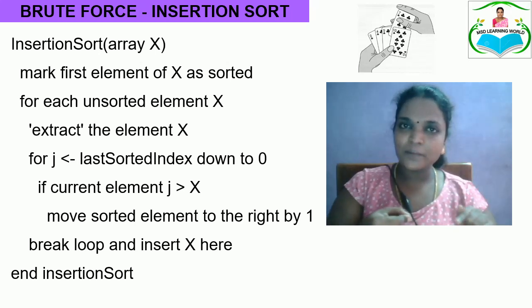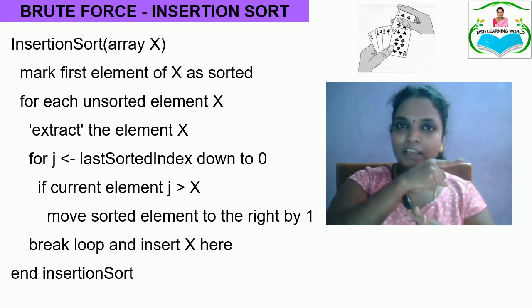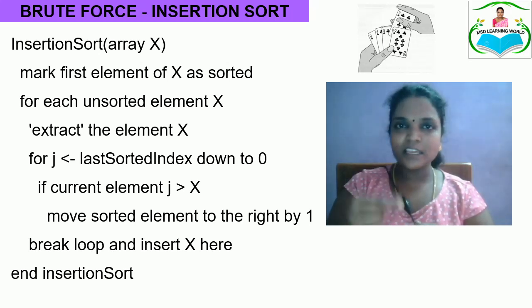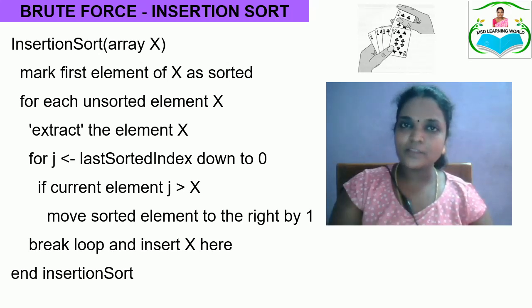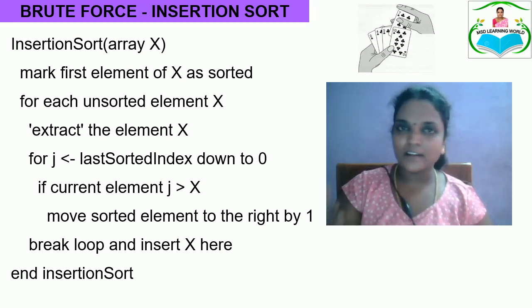If not, the element present in the sorted order is going to be moved to the right hand side, and this element is going to continuously check against all the elements present on the left hand side, and be inserted once it sees an element which is not greater than the element in our hand. This is how the entire insertion sort is done, and this looping is going to happen until all the elements in the list are sorted. And here comes how the algorithm is framed, which is similar to how we play card games.